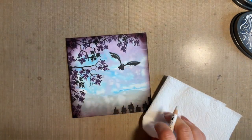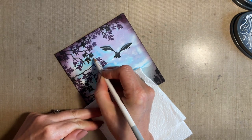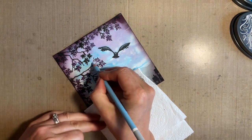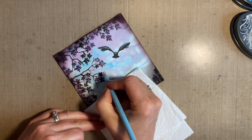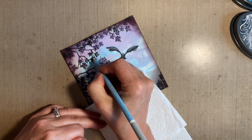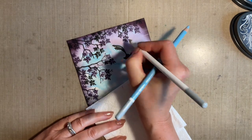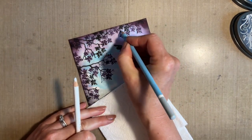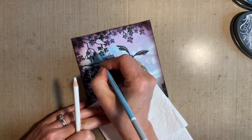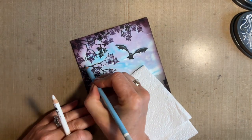Now, I'm not sure whether this is a sunrise or a sunset, or I think it's probably just early evening. And I'm just going to add some white, and then also I'm going to come in with a bit of the blue and just add almost like that blue hue just to some of these florals. So it's almost highlights, but just giving that lovely misty chalkiness that these give. So it's not obviously white. And then just a little bit of the blue,